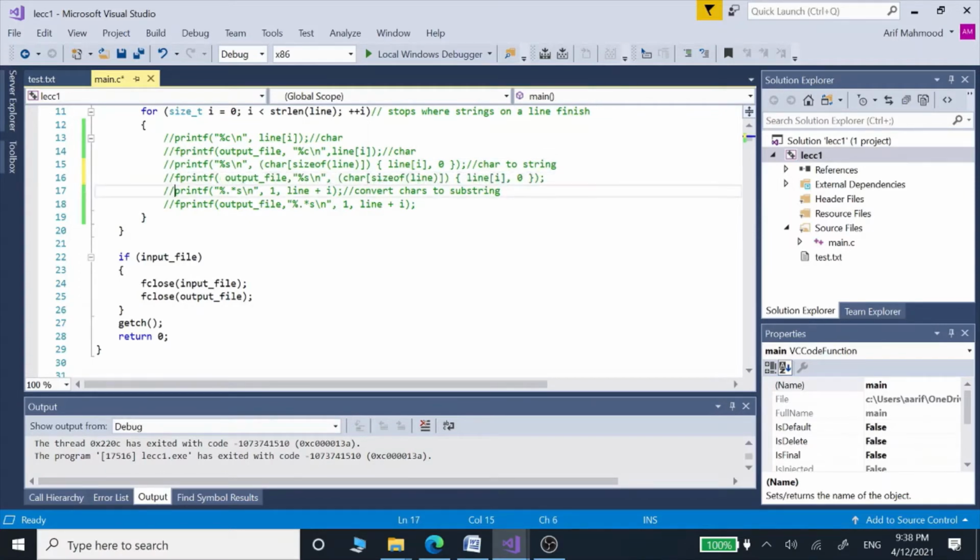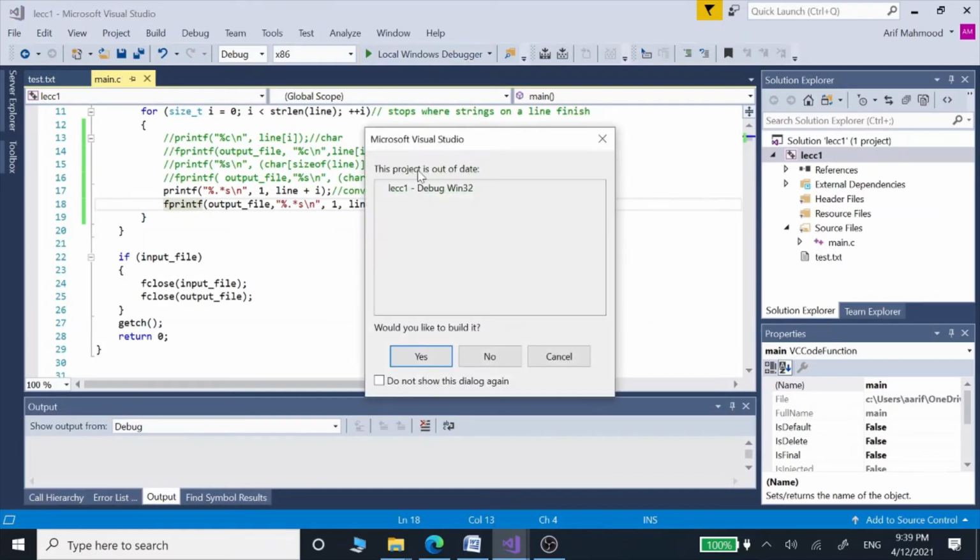Now I am going to show you what code lines you are going to use when you use the concept of substring to change the char type letters into a string, and that string is going to contain a few letters. Those would just behave like strings. Now let's build and run this program.